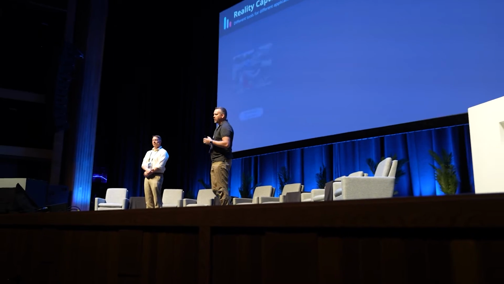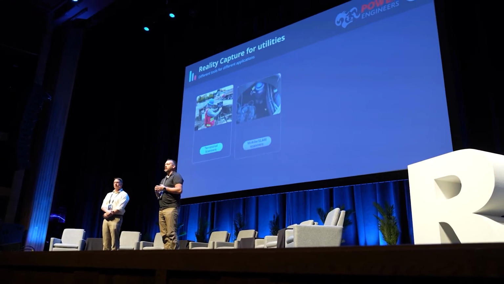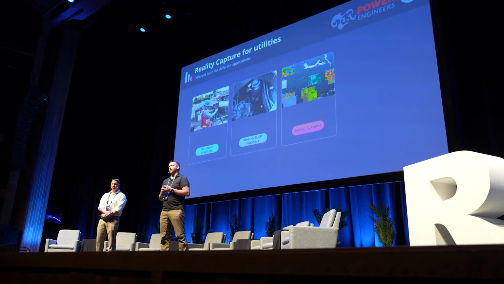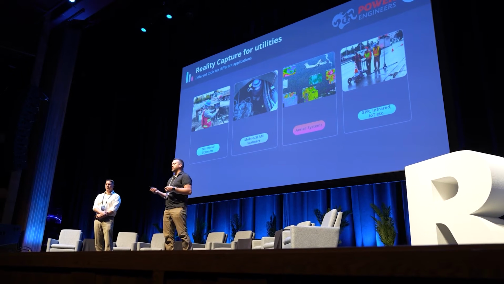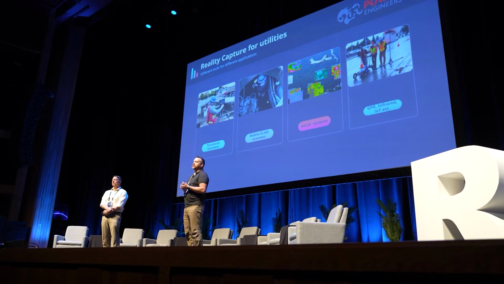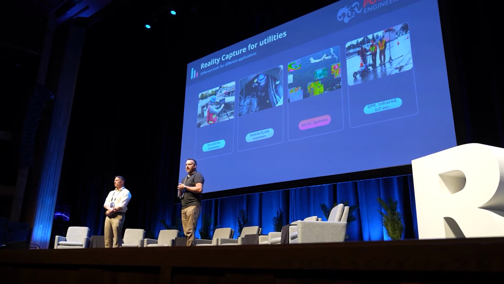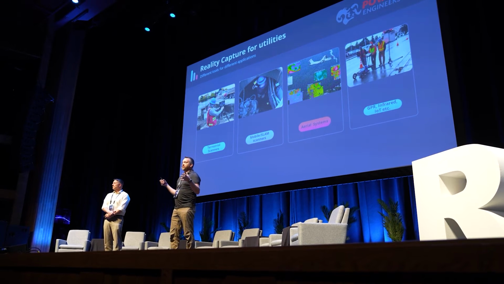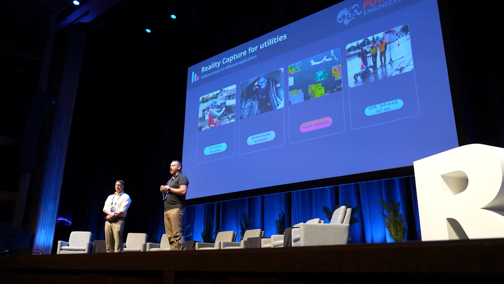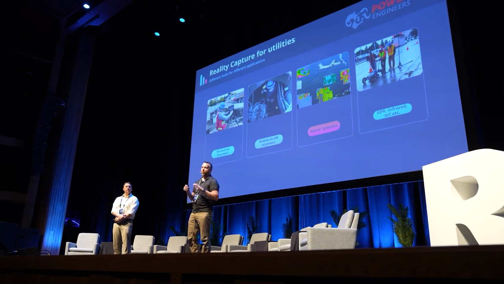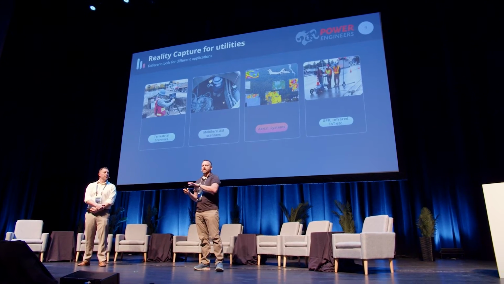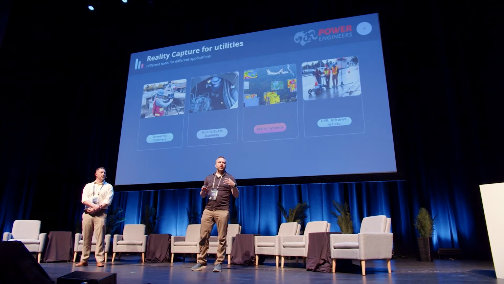And also utilities have the owner-operator side that we're going to talk about as well. The way we look at reality capture for utilities is looking at a lot of different tools for lots of different applications, from terrestrial scanners to mobile and SLAM solutions to drone solutions to a diverse range of other sensors that we can use. Because there's a broad range of different uses for utilities, we're looking for the right tool or combination of tools to meet those business needs. And those business needs have a wide range from inspections to regulations to asset management to construction and operations.